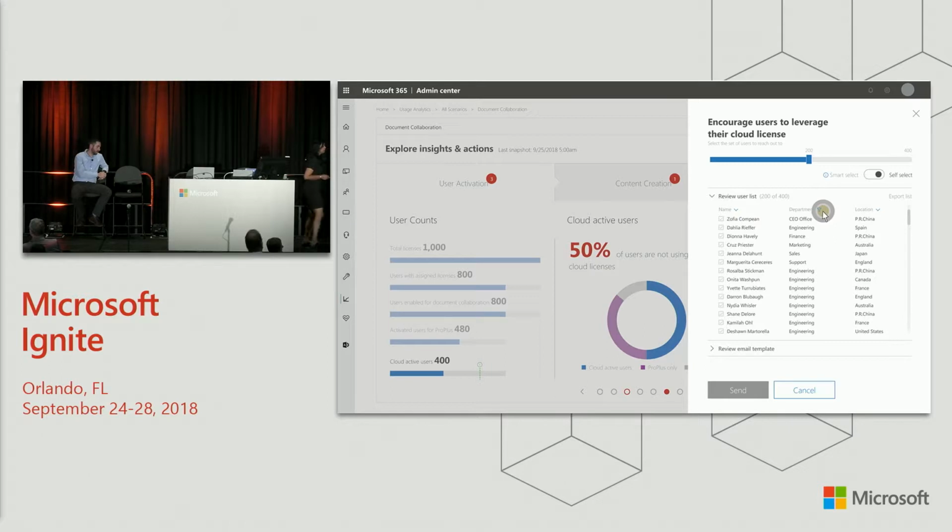I'm going to go specifically by everybody in a certain department, because that's what my goal is right now. I'm going to make sure everybody in engineering is writing up their design docs and specs, and they're all collaborating on their ideas together. And I want to target them with some sort of communication if they've not already started storing their documents on the cloud. So you were saying, I pick all of the engineering folks, and I'm going to send an email